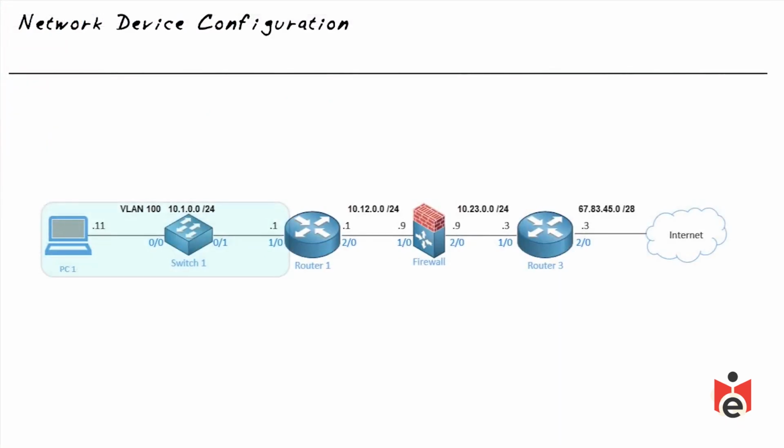We'd also want to assign appropriate IP addresses to each of our interfaces. So the routers would need IP addresses on their respective interfaces, and so would the firewall, and of course the PC as well. So if we take a peek at router 3 on a fully configured network, we can verify that the 1/0 interface has an IP address on the 10.23 network, and that interface 2/0 has an IP address on the